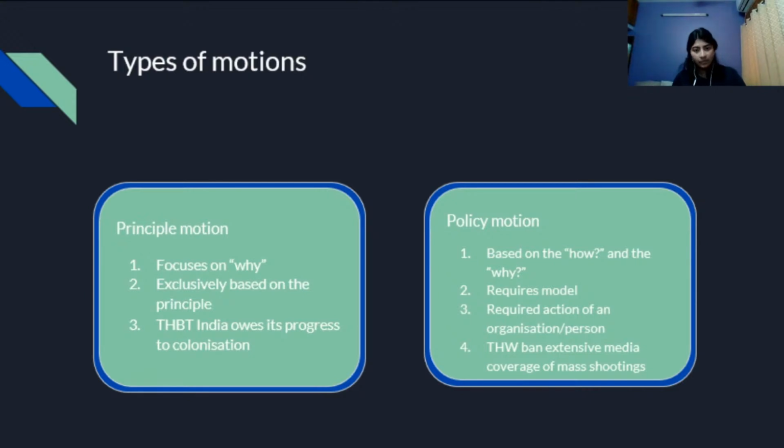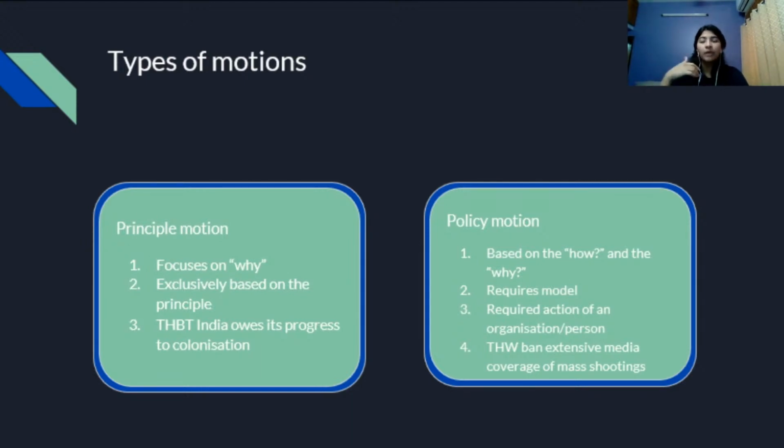Similarly, a policy motion doesn't necessarily stick to the why part, but mainly also has the how part. So what exactly do I mean by the how part? This is where models come into play. Policy motions require you to make models. The model answers the how part. For example, this house would ban extensive media coverage of mass shootings. So this